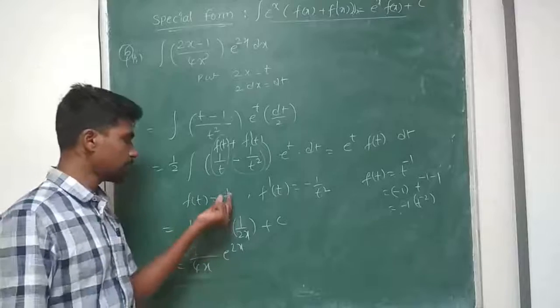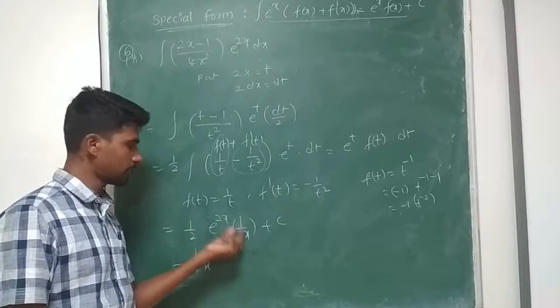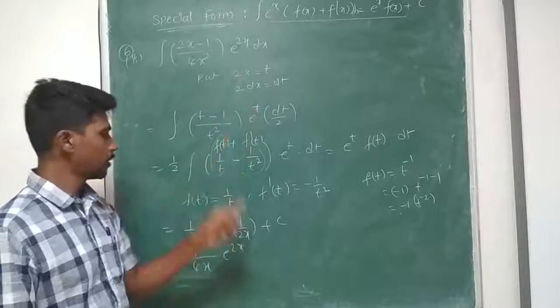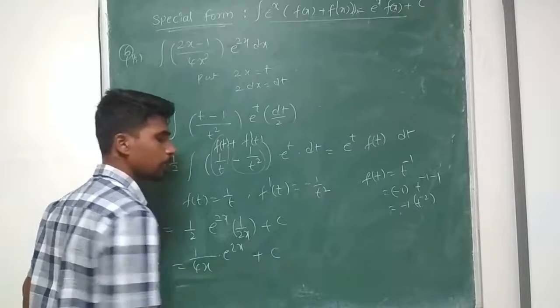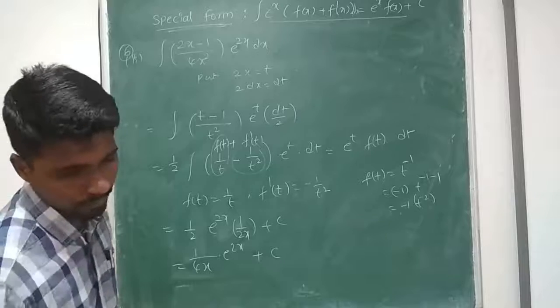So 1 by 2, 1 by t can be written as 1 by 2x. In place of t, I substituted 2x. So it can be rewritten as 1 by 4x into e power 2x plus a constant c. So later